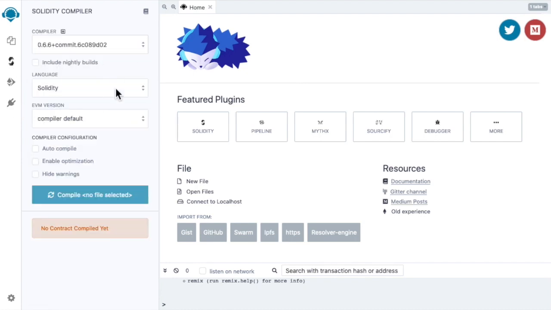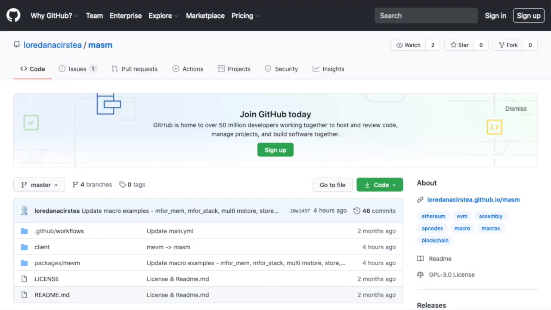Remix can only compile Solidity and Yul, but it supports third-party plugins, so we made the MacroAssembly Plugin, which supports Solidity, Yul, Yul Plus, or MacroAssembly subroutines, pure assembly, and pure bytecode, and now it also supports Tailor, a functional language interpreted by the Ethereum virtual machine. You can compile contracts and scripts from all of these languages, deploy and interact with them, so let's begin by